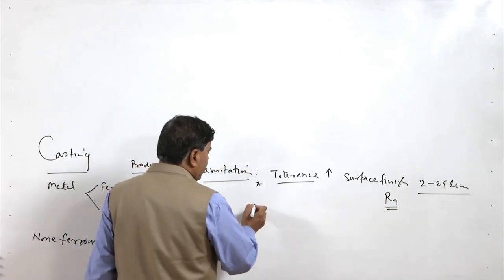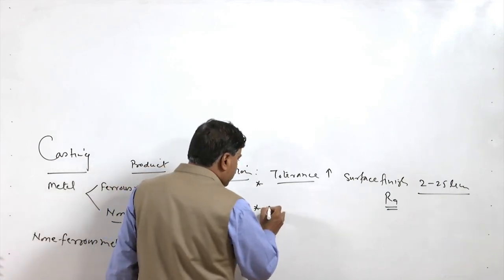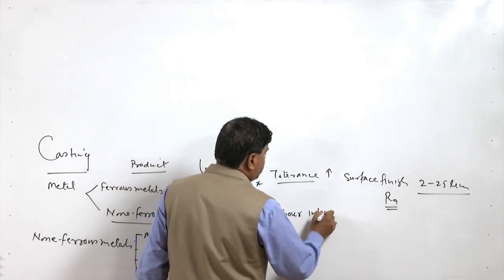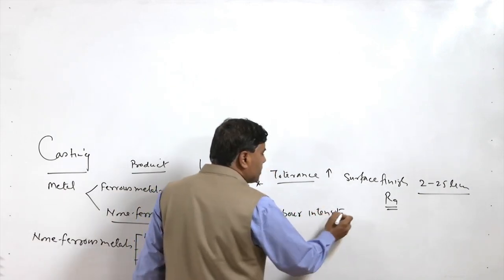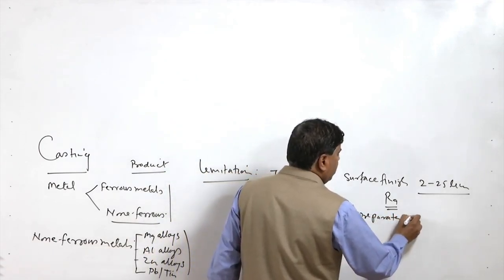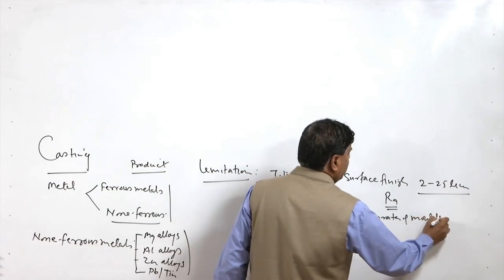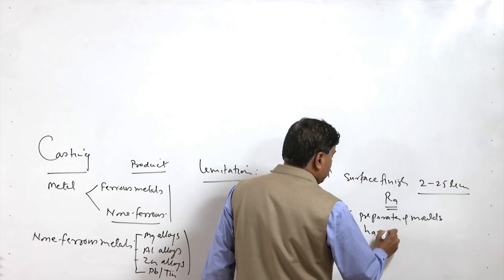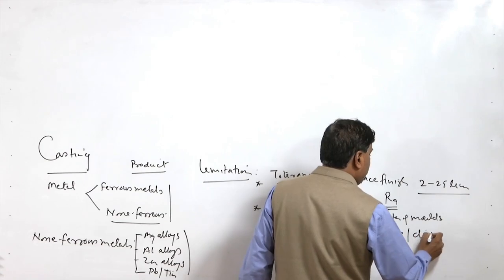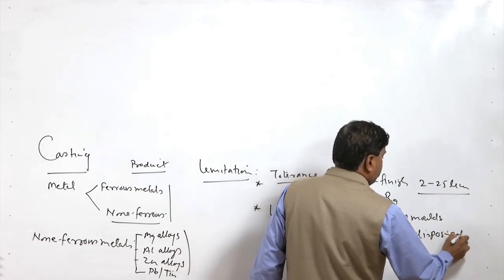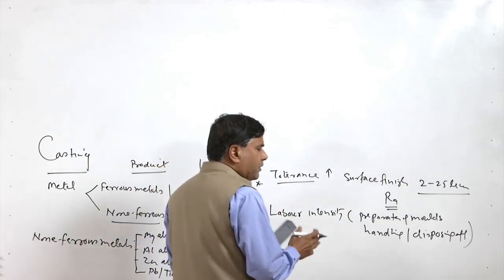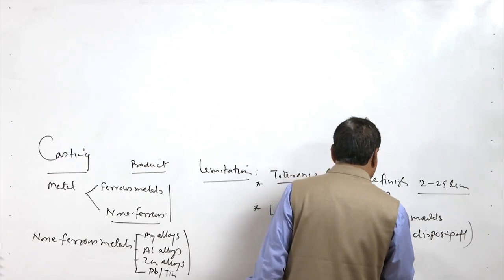So, this is one aspect, that the quality in terms of dimensional control and surface finish is somewhat poor. The second aspect is that the process is very labor intensive. A lot of manpower is needed, especially for preparation of molds, handling and disposing of the used product as well as the raw material or the waste material which is produced as a result of this,